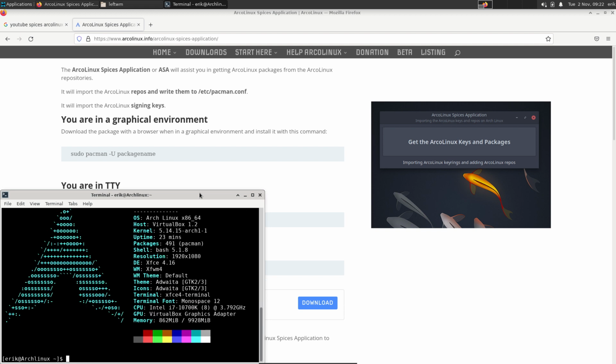ArcoLinux is based on ArchLinux. 90% of our packages on the ISO are from ArchLinux. 5% from us, 5% from AUR, putting it simply. So what we're doing now is starting with the ArchLinux ISO, having installed Xorg, having installed XFCE, having installed LeftWM, but